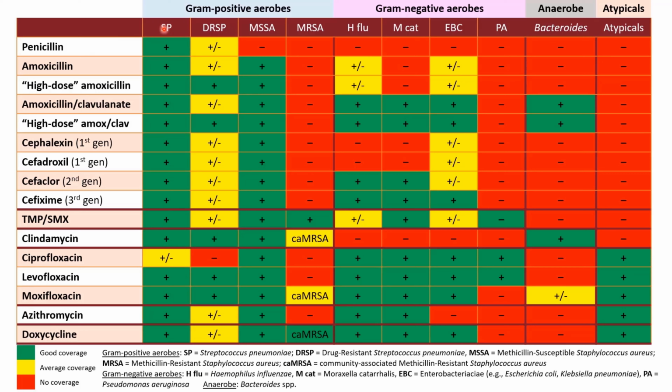So if someone does not have risk factor for drug-resistant strep pneumo, you can use drugs that have activity for strep pneumo. So basically all of these agents, with the exception of ciprofloxacin. Ciprofloxacin is not good for Streptococcus pneumoniae, so that's why it's not a respiratory fluoroquinolone, so that should not be used. Pretty much any other agent that's listed here is good for strep pneumo in the absence of risk factor for drug-resistant strep pneumo.